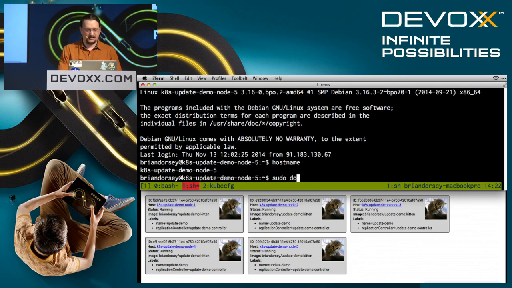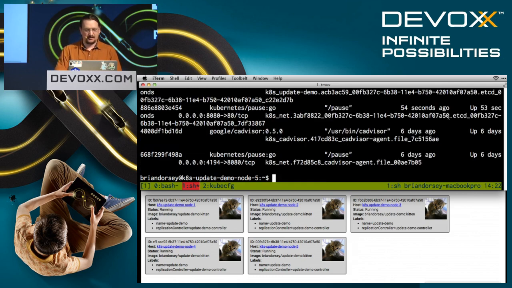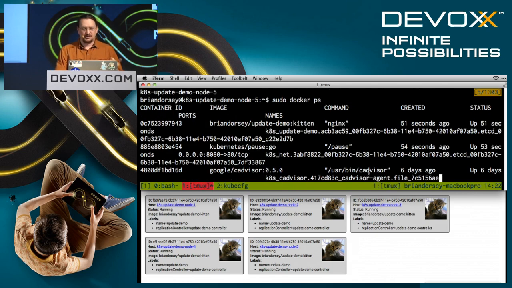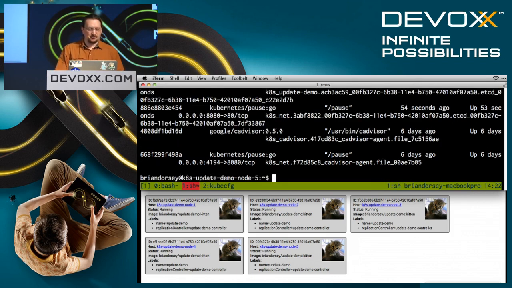We can say docker ps, see which things are actually running in Docker. Notice we're actually running cAdvisor to start capturing some metrics, and over time, Kubernetes is going to do even more work balancing scheduling based on what's busy and things like that. But our kitten's running here. So if we were a really good ops guy, you'll be able to tell that I'm not, in a moment,